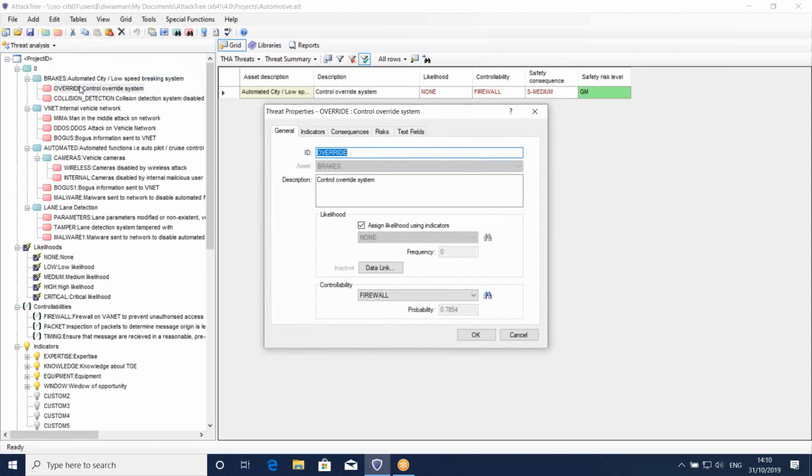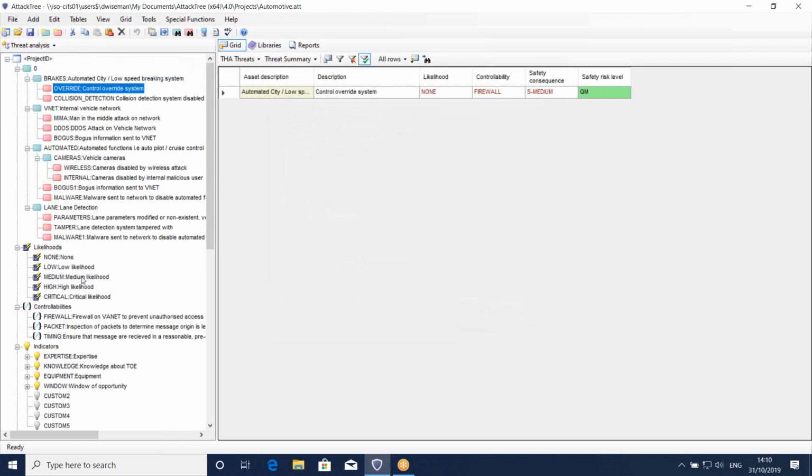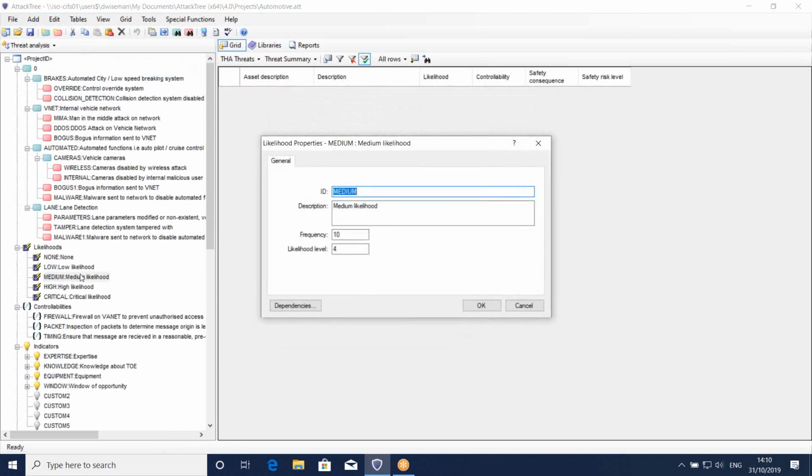How likely is it that this threat is going to happen? There are a couple of ways that you can approach this in the software. You can create what we call a likelihood object. This is an independent object. You can see a list of them already defined here in my project that represents the likelihood of any given